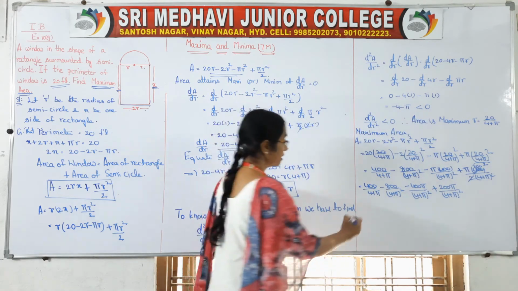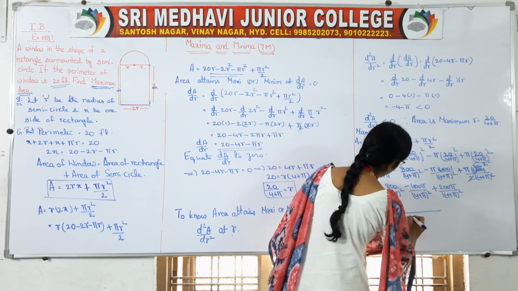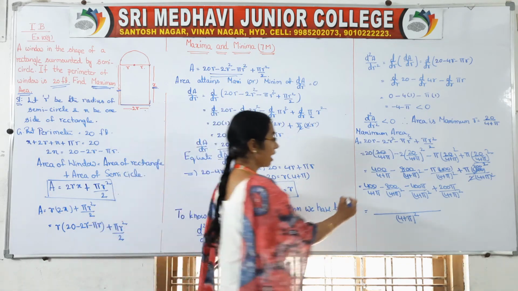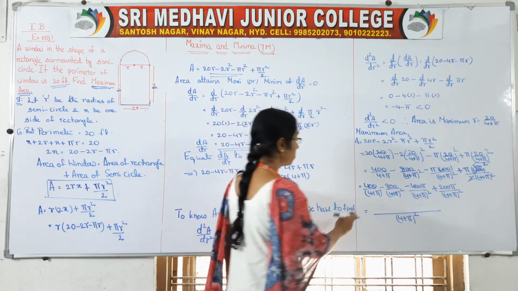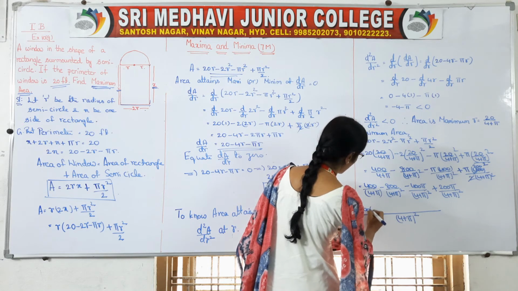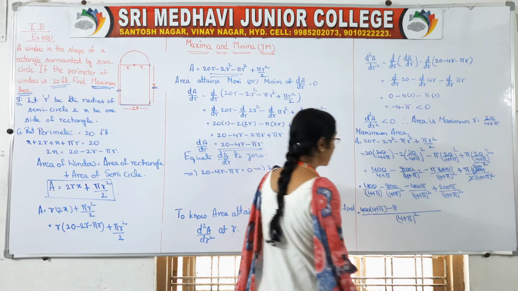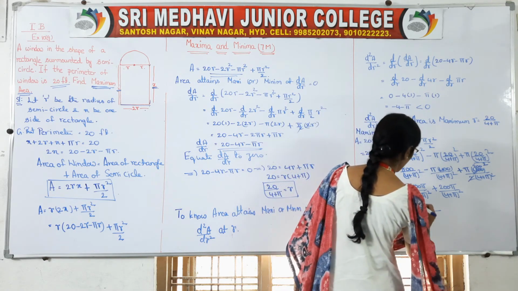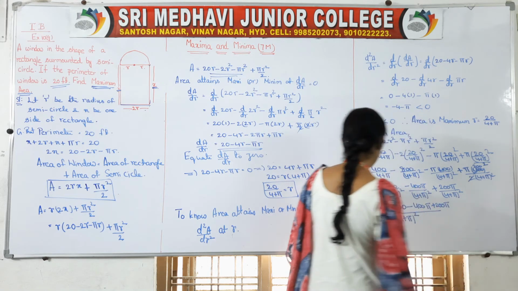Okay, so what is the LCM? 4 plus pi whole square is the LCM. Here we are having only 4 plus pi, and 4 plus pi whole square is not there. So we have to multiply this with the 400. 400 into 4 plus pi, minus here 800, minus 400 pi plus 200 pi.